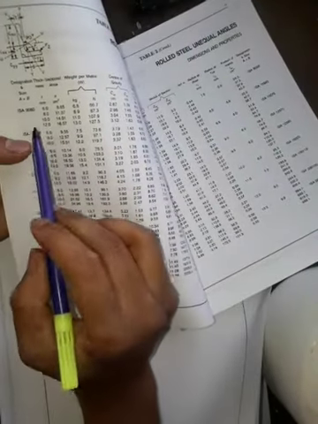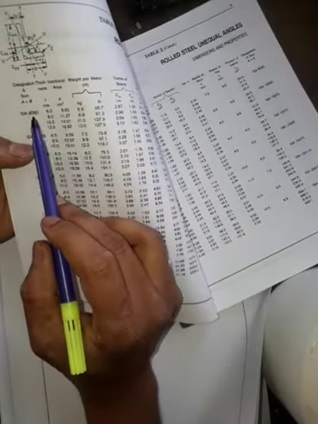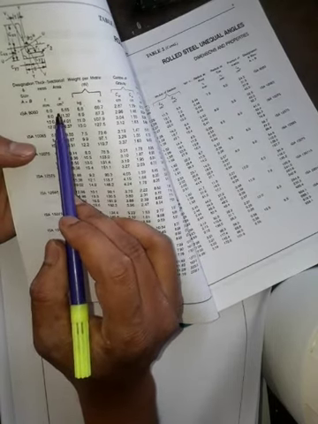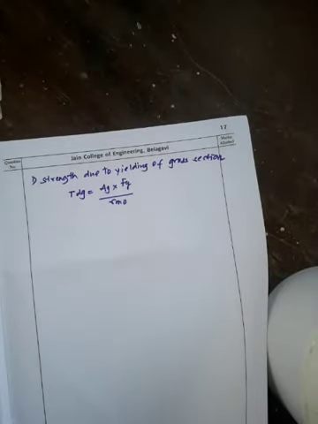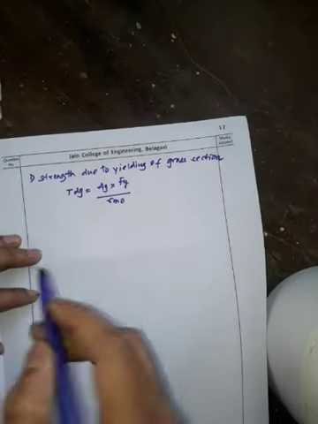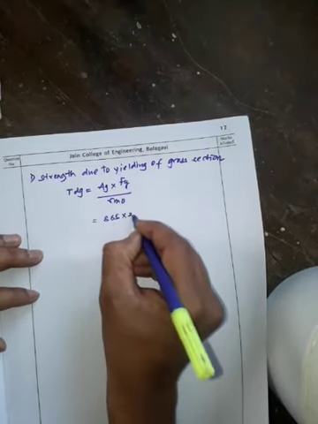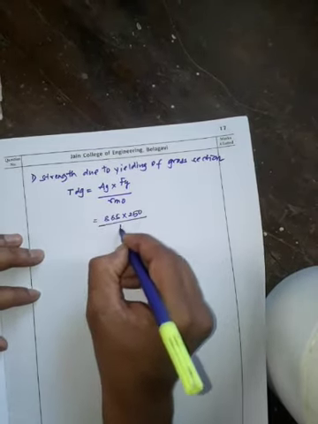So AG is the gross area of the angle section, which you can get easily from the steel table. Okay, so if you go to the steel table, you can see the 90 by 60 by 6. So for that the area is 8.65. From the steel table for unequal angle you have to refer to the properties. So area is 8.65, so that is 865 mm square. 865 into Fy is 250 upon gamma m naught, that is 1.1.